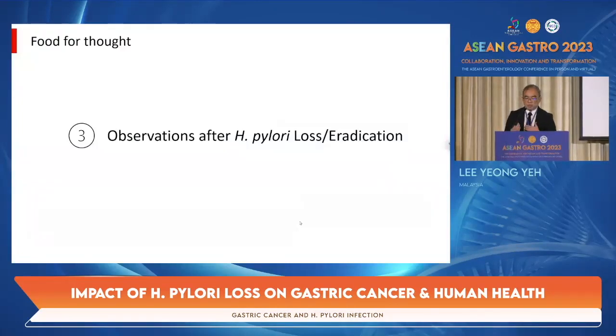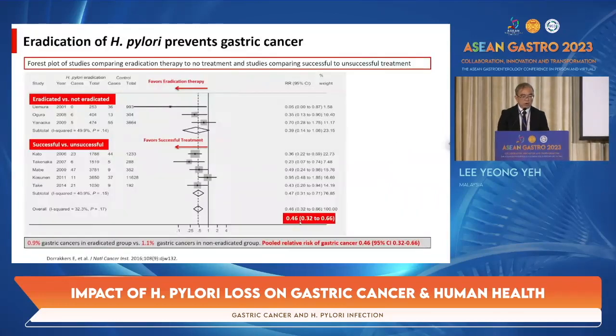So what are some of the observations after Helicobacter pylori loss or eradication? And what we see is this meta-analysis where if you were to eradicate Helicobacter pylori, it does help to prevent gastric cancers. Shown very clearly here in this meta-analysis, where the earliest work is by Professor Uemura from Japan, where he did a very elegant randomized controlled trial. But subsequently, you can see that other trials, when we put them together, if you were to eradicate Helicobacter pylori, it certainly favors